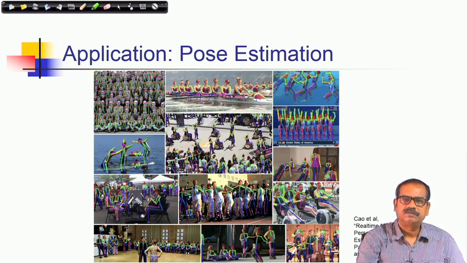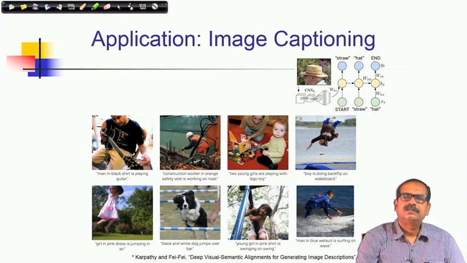So, this is the estimation, and that gives you an idea of in what way the person is standing or doing some activity. Another interesting application is image captioning. It's a cross-disciplinary problem. As you can see, not only understanding of images and videos, we are trying to describe using natural languages. So, you can see that with respect to different scenes, there is some language, some description,